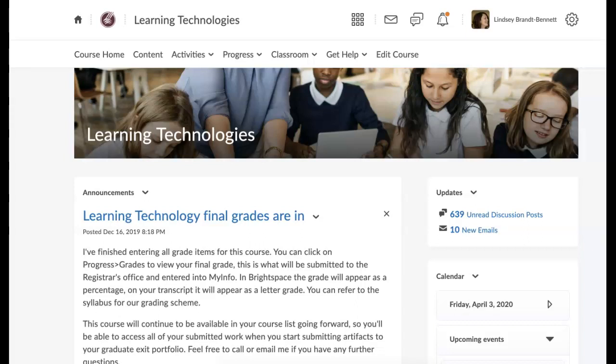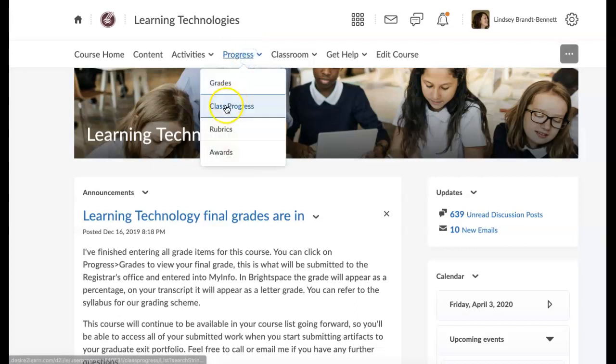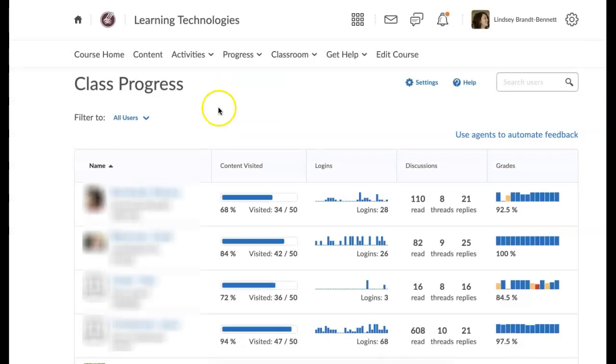So I'm going to show you two different places in Brightspace to monitor your students' engagement with your course through course statistics and data. So the first spot is under Progress. You go to Class Progress, and this is going to give you an overview of your students